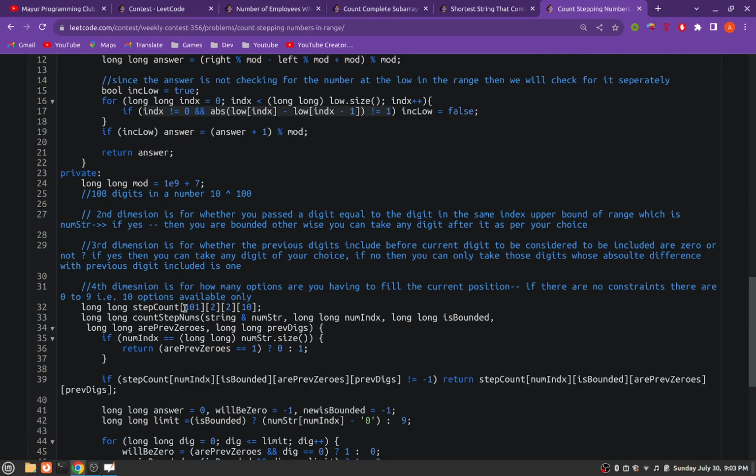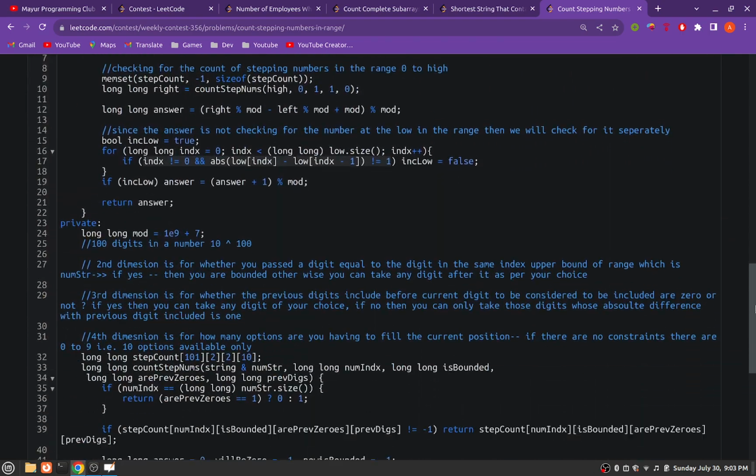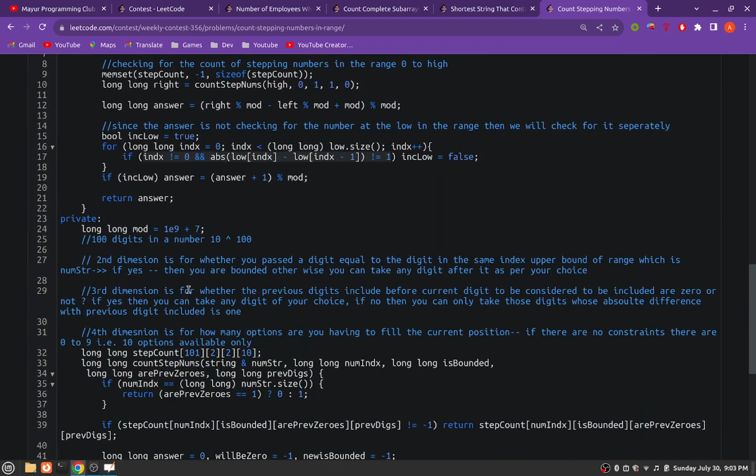First, since the number of digits in 10 raised to power 100 will be 100, we have taken only 100 digits. Since it's zero-based indexing, I have taken 101, and the second dimension is for